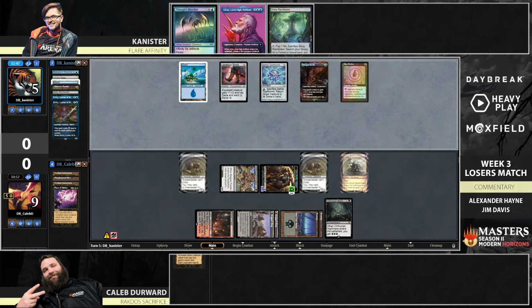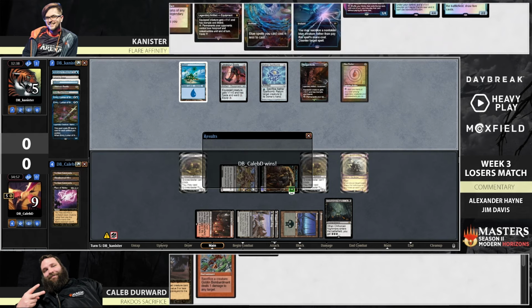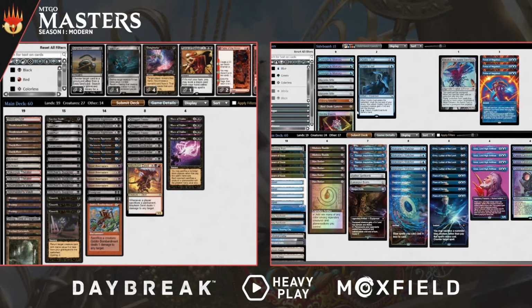But now I think it's at the point at 5 life that even a ground force isn't enough, because death from Archer pings would. Yeah, it's funny because we were making fun of Kanister's board. Caleb's board, the creatures aren't that impressive either. We've got like, a random token, a 3/1 goblin, but good enough to get it done on Kanister's kind of